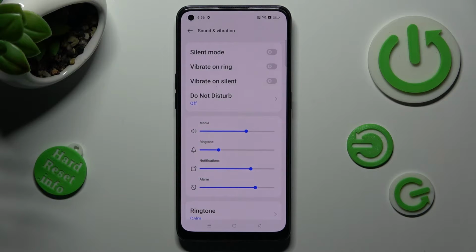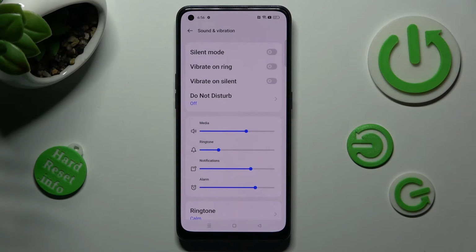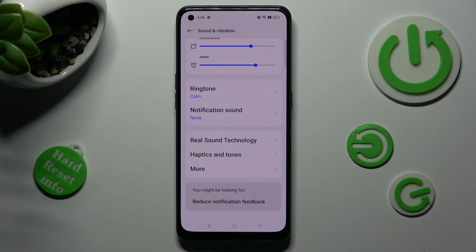You can also click on this one next to Vibrate on Silent Mode to switch on or off vibrations while your device is muted. Now scroll all the way down, click on Haptics and Tones,